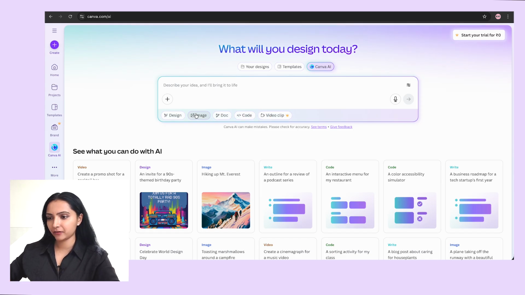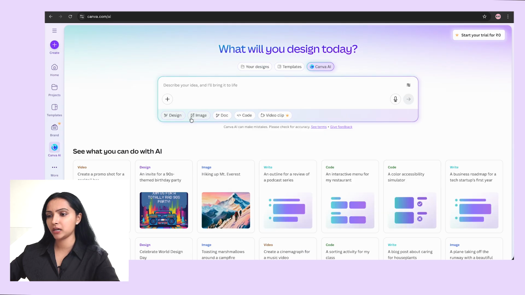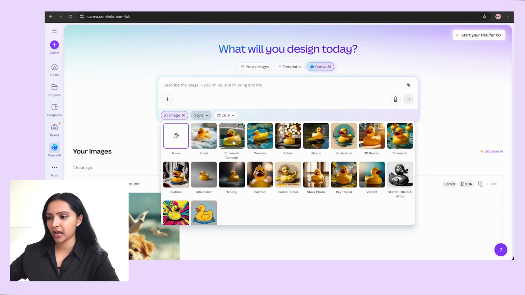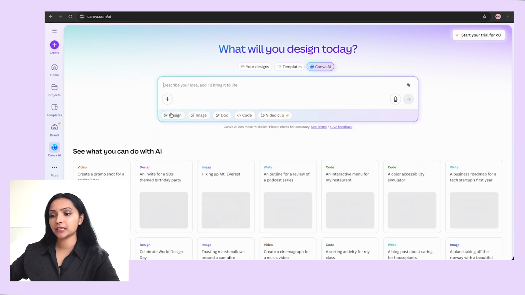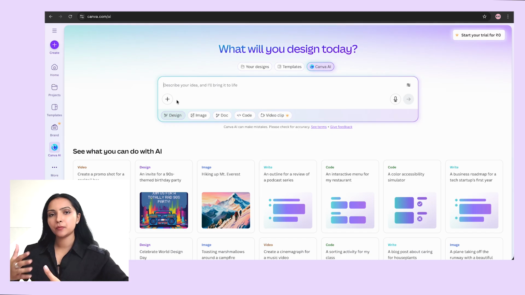And here in the bottom line, we have a couple of features. First we have design. If I select design, there are multiple options inside it, like what I want to create. If I want to create social media posts, I can select this one. We'll try everything one by one. Then we have image. If you want to create an image, you can write the prompt over here and it's going to make it for you. There are multiple style options over here. And then we have code. If you want to make something which is responsive, you can type it over here and it's going to make it for you for sure. Let's start from the beginning for better understanding and go through every feature one by one so that we don't get confused and we see what kind of results we get for these things.